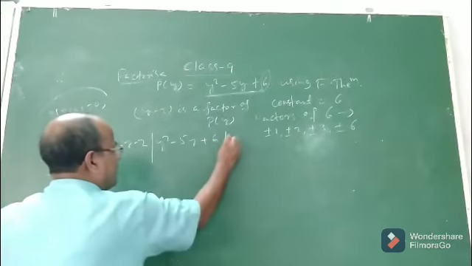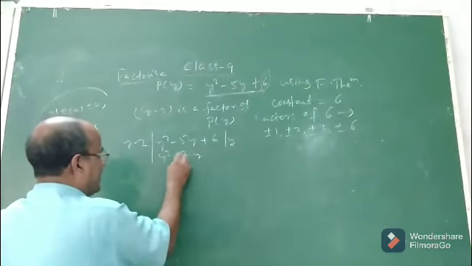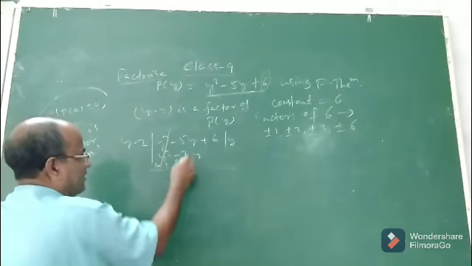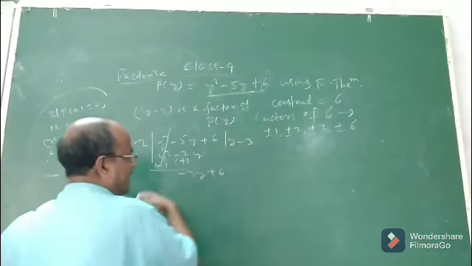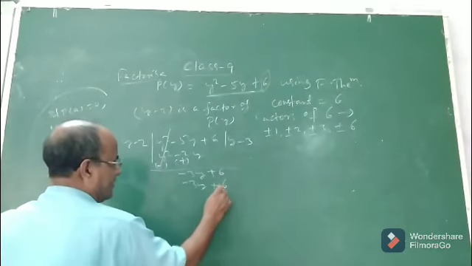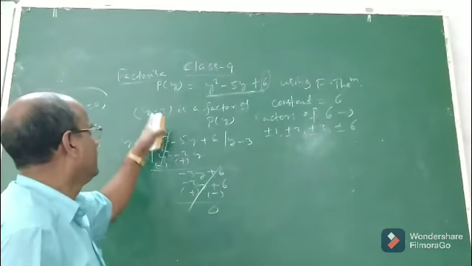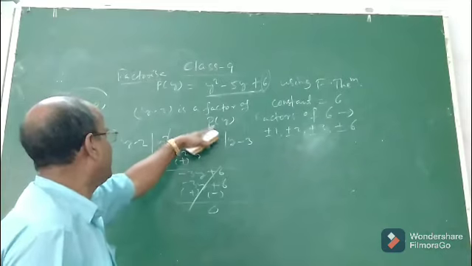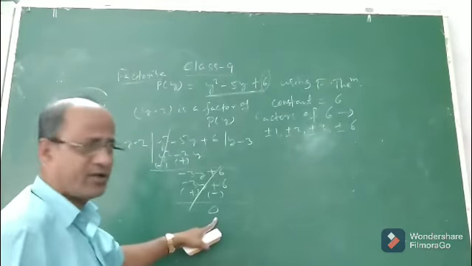So let us see. Divide, you know how to divide. Put y square minus 2y. Change the sign. This thing I had discussed in the previous class. This y square cancels. It is minus 3y plus 6. Then again here it is minus 3. It is minus 3y. Minus 3 into minus 2 is plus 6. Change the sign. You see 0. So since y minus 2 is a factor of p of y, on dividing p of y by y minus 2, the remainder is 0.